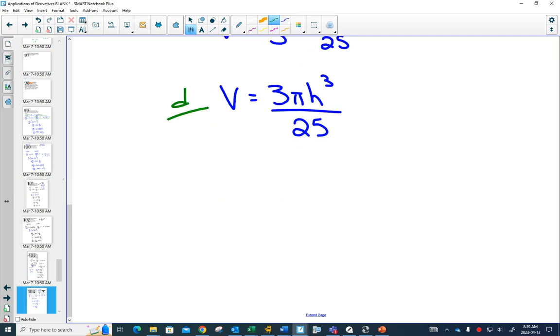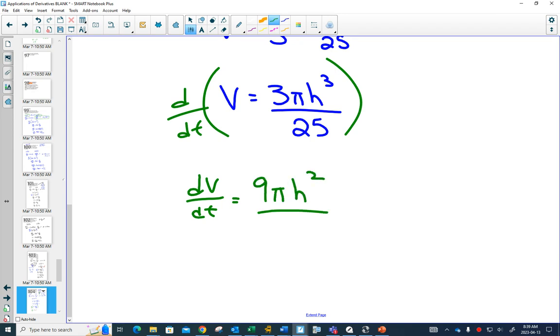Now we can take the derivative with respect to time of this whole equation. So again, we do our derivative rules with implicit differentiation. After you do your regular derivatives, you're going to have to add dV/dt and dH/dt. And now we can solve this. We know that dV/dt was 1.6, and at h equals 2,